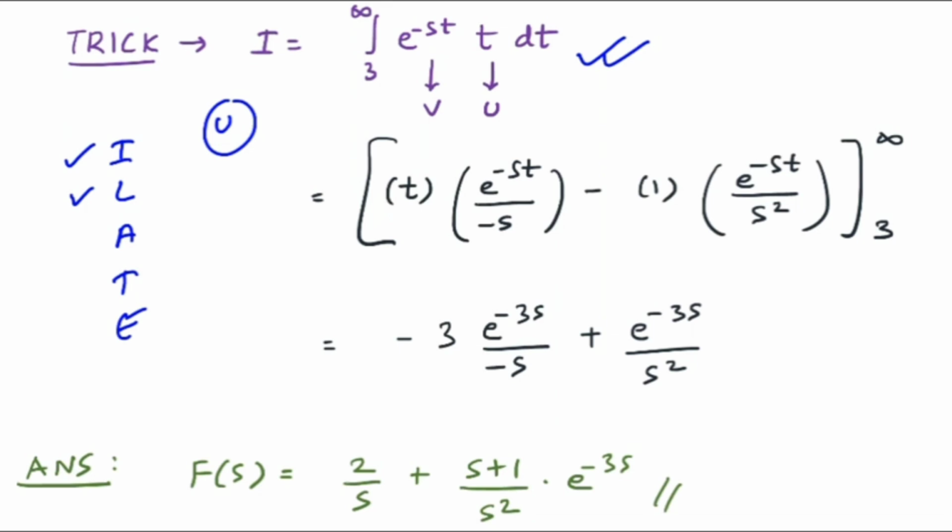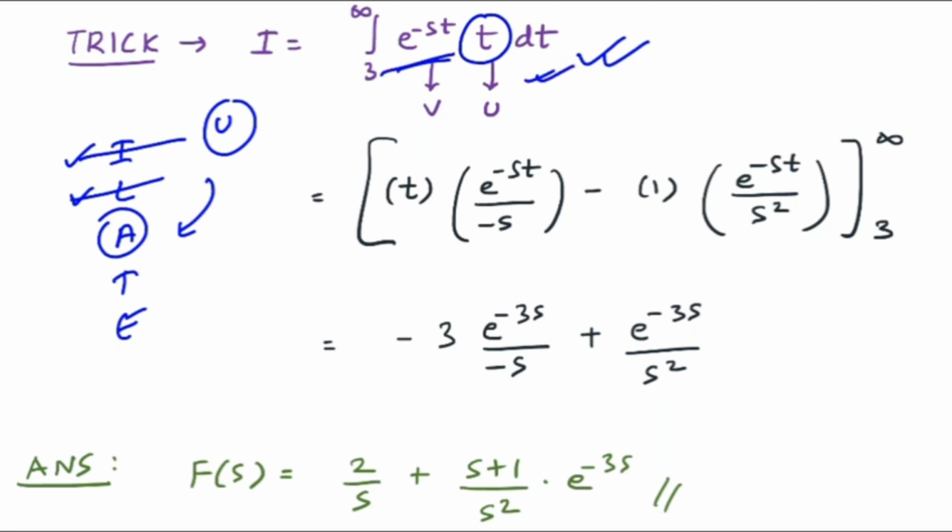Again, log is also not there. If inverse is not present, log is not present, move forward. We have algebraic, right? Here we can see that we have an algebraic expression. Whenever you have an algebraic expression, that would be considered as u. So finally you can say that this part t is considered as u and the remaining part would be v.